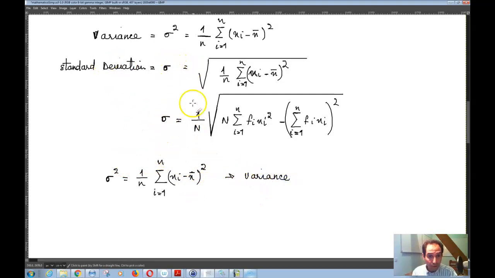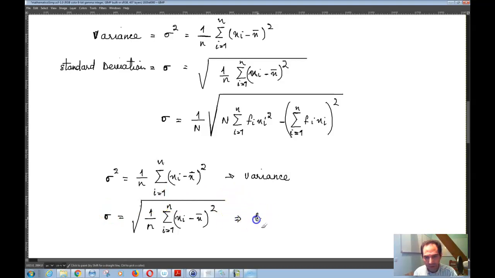The next thing that we had was that we took the square root of the same equation, and then of course that becomes sigma is equal to the square root of 1 over n, sigma of x of i minus x bar whole squared, as i goes from 1 to n, and that is sigma, which is called standard deviation,